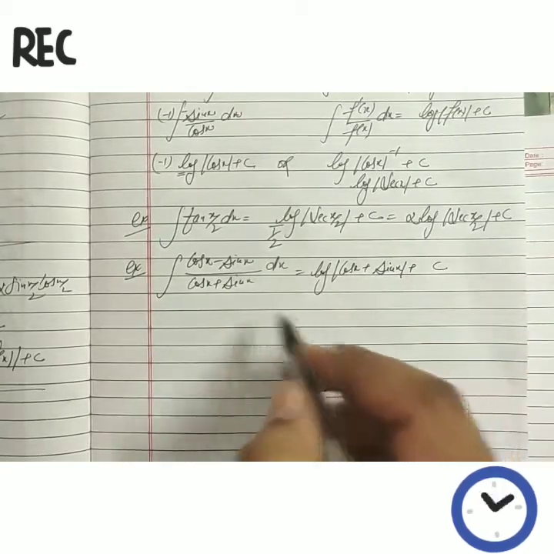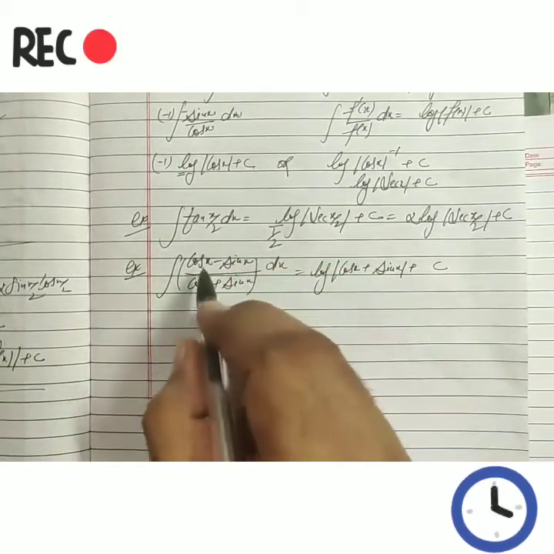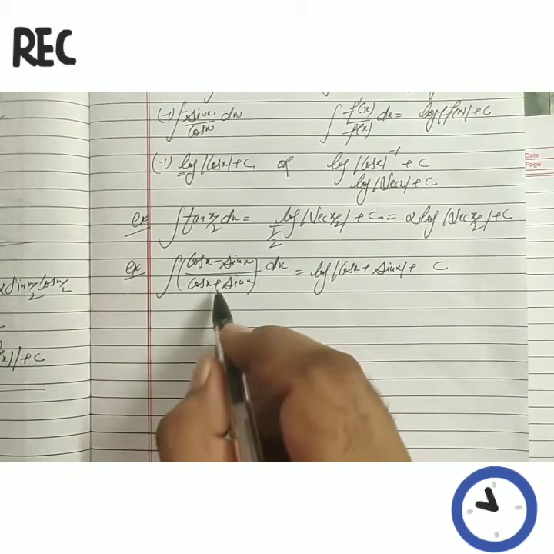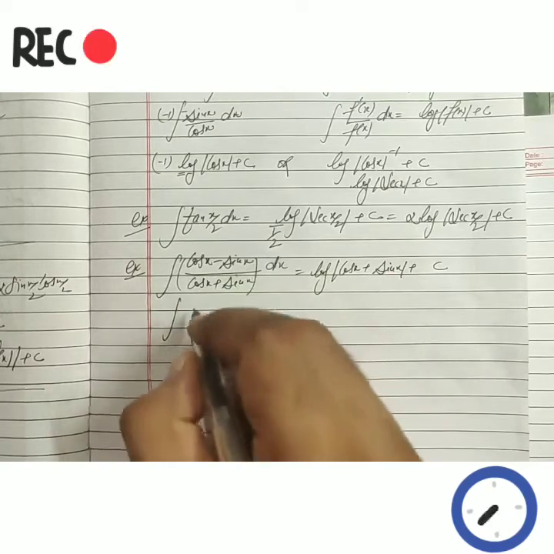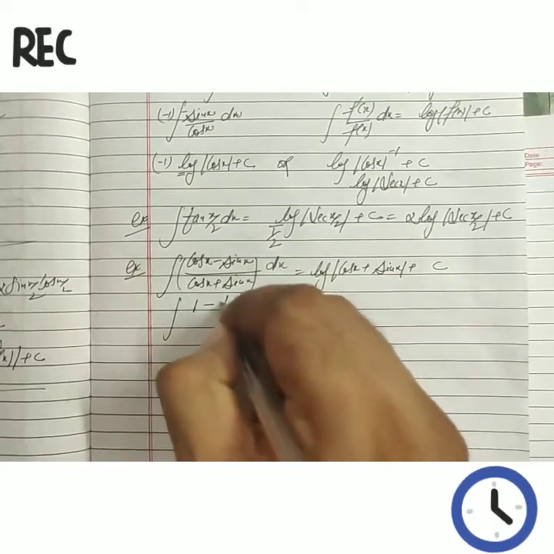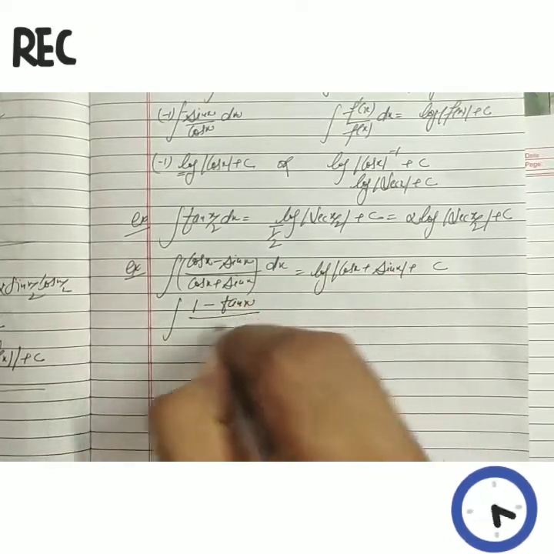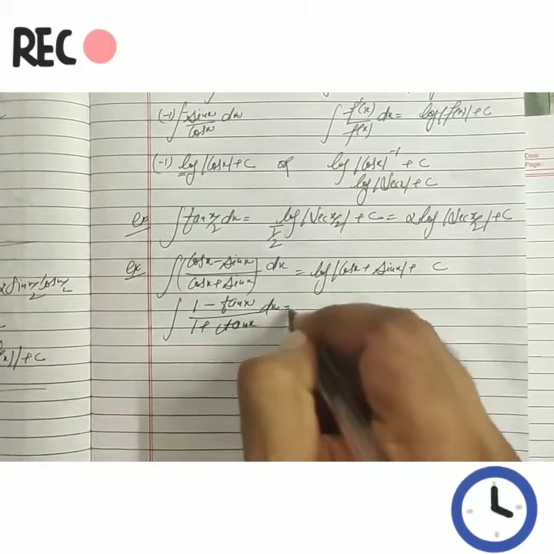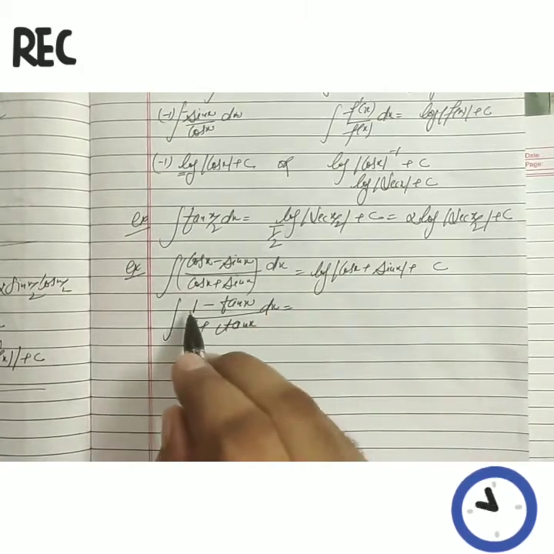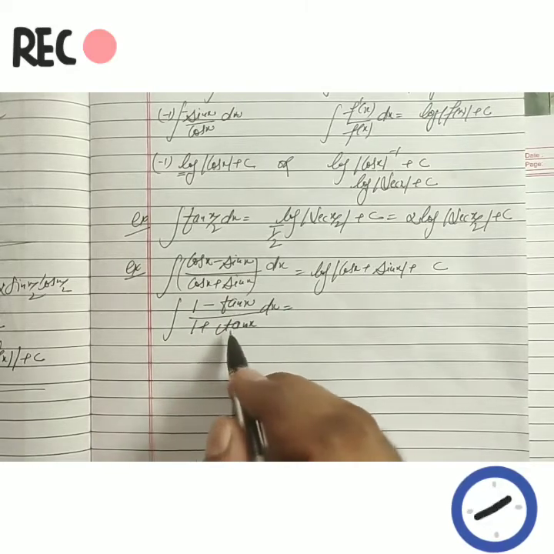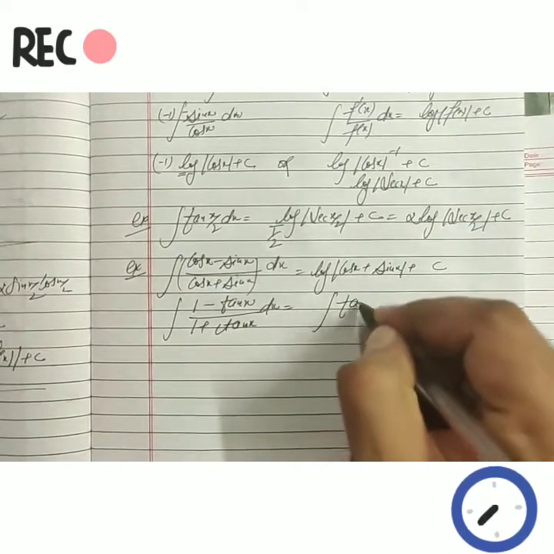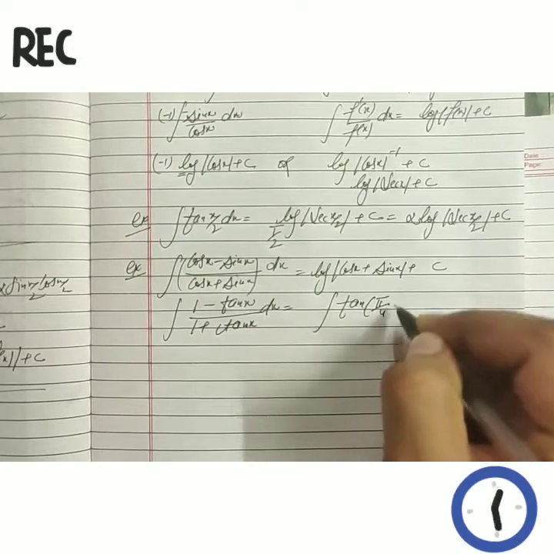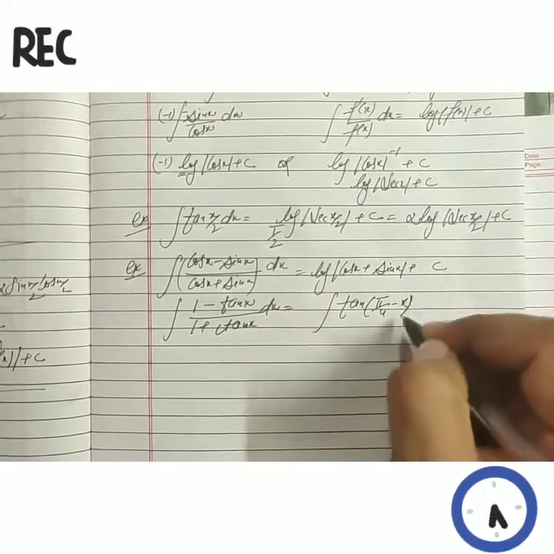Second method. In inverse trigonometry we have done that whenever we get sin theta and cos theta in a grouping, like addition and subtraction, then we apply divide by cos theta. If we divide by cos theta, this value becomes 1 and this becomes tangent of theta. We know the rule from plus 1: 1 minus tangent theta upon 1 plus tangent theta is given by tangent of 45 minus theta, meaning pi by 4 minus x.